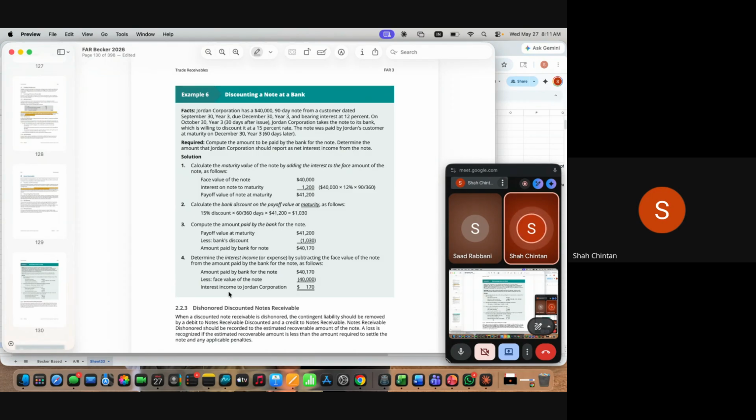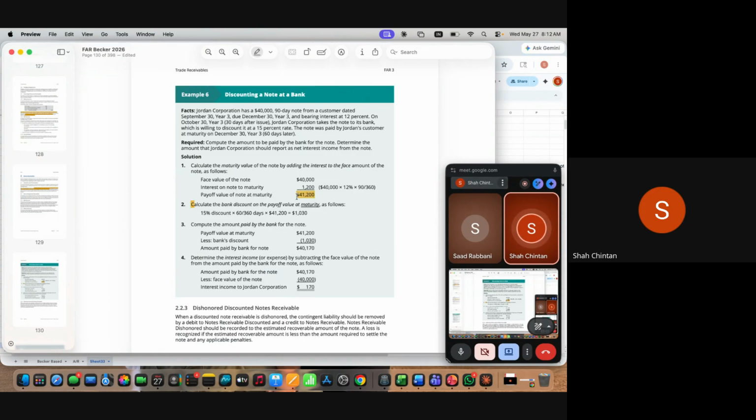जब पैसा मिलेगा ऑन 30th दिसंबर, आपको कितना पैसा मिलेगा? अगर आप वेट करते पूरा का पूरा 30th दिसंबर का, तो आपको $40,000 प्रिंसिपल मिलता, प्लस आपको $1,200 का इंटरेस्ट मिलता। हाउ इंटरेस्ट इज कैलकुलेटेड? $40,000 एट 12% पर एनम इंटू 90/360, तो आपको पैसा मिलता 41,200 का।